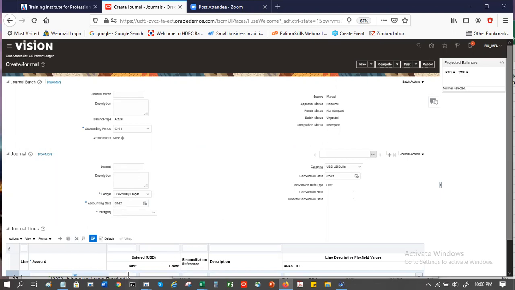The moment you enter some values here, it will start showing the entire set of balances for that account combination. But this will only show the posted balances, right? Not the unaccounted balances? Your activity line will show your current JV value. So you have beginning, current activity, and ending, like a projected balance. There could be 3-4 vouchers which are pending. Absolutely, you're right, that's why they have called it activity.